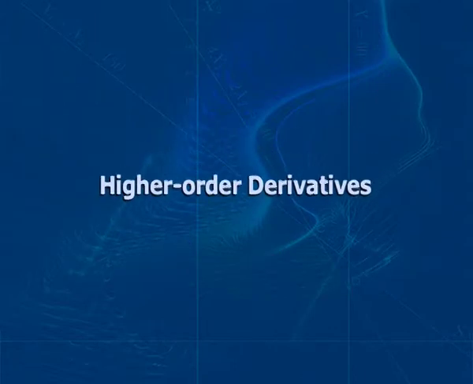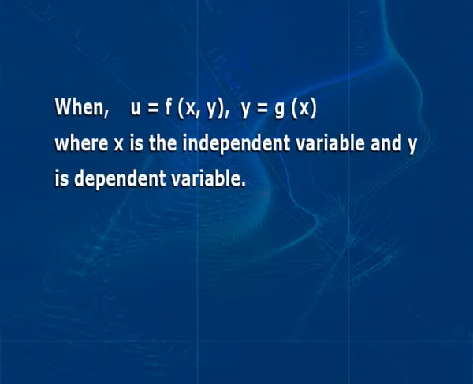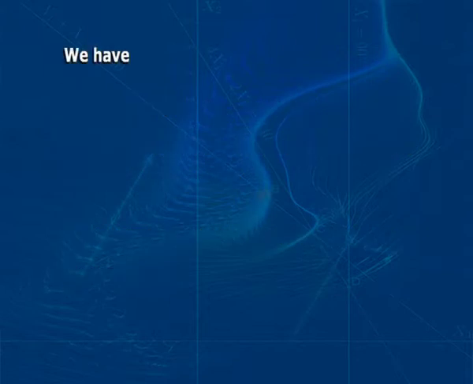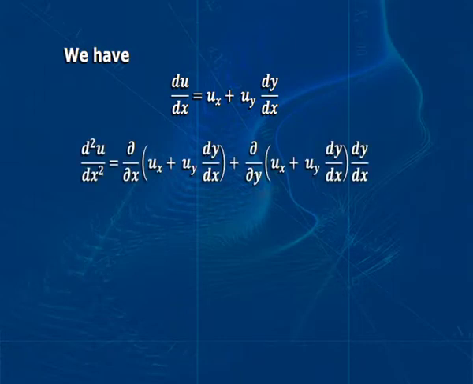Higher order derivatives: let u equal to f of (x, y), y equal to g of x, where x is the independent variable and y is the dependent variable. This type of functional form occurs most in economics. We have du by dx is equal to ux plus uy into dy by dx,